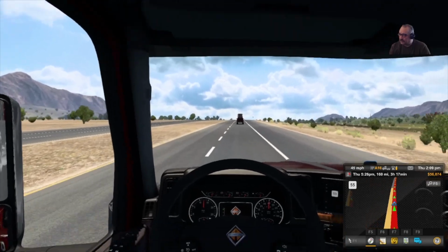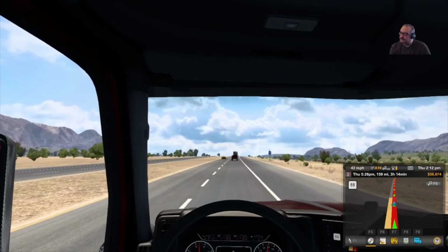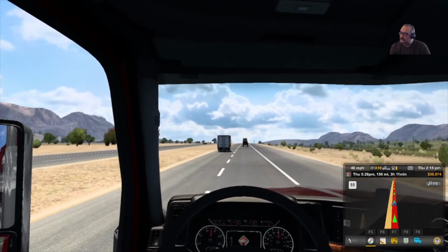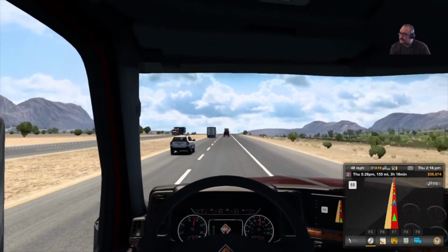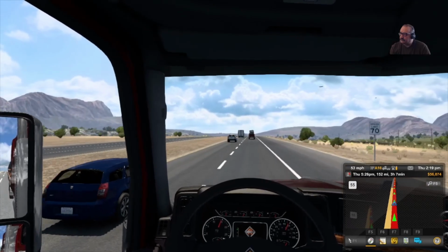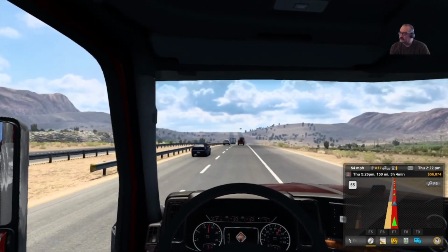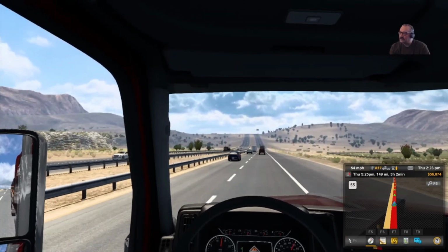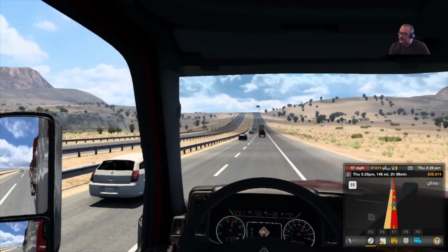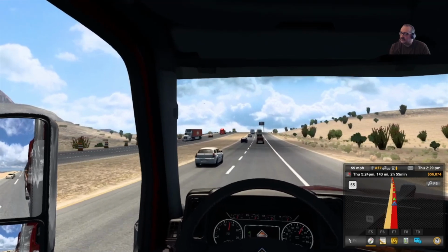They should put a rumble strip in here, because on the other road I was driving on, I almost drove into the freaking desert. If they put a rumble strip, we would have never got that close. Try to get the cruise locked in at 54 here. 54, 55, something like that. Must be getting closer to Mars civilizations or something, because the speed is definitely slowed from miles ago. Miles ago it was 75, and we were rocking 65, so...